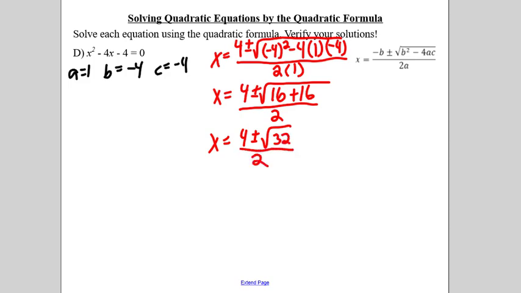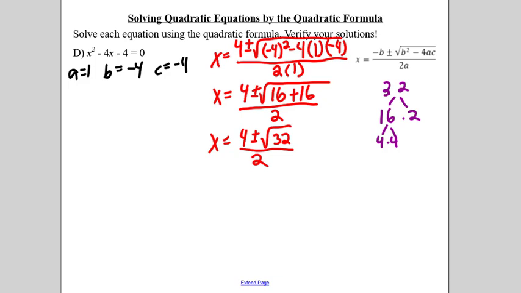Now, square root of 32 is not a perfect square. So I need to figure out how to simplify my radical. So I'm going to do it over to the side. So 32, I can simplify that to 16 times 2. Now, I could stop there and say, oh, that works out because I know the square root is 16. But just to verify it, I can change that to 4 times 4, which makes it a little bit easier